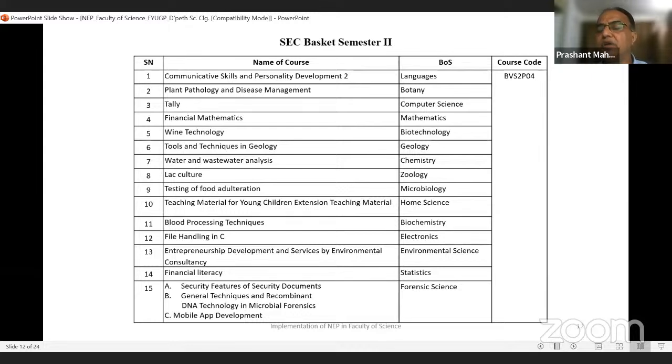VS will come, vocational and skill courses. 04, why is it 04? Because we are offering the second course of SEC. First, 01 we have given to vocational skill course for semester 1. 02 we have given to skill enhancement course for semester 1. 03 we have given to vocational skill course for second semester, and 04 we have given to skill enhancement course for second semester. Therefore it is. I'm trying that maximum doubts which are coming to your mind,